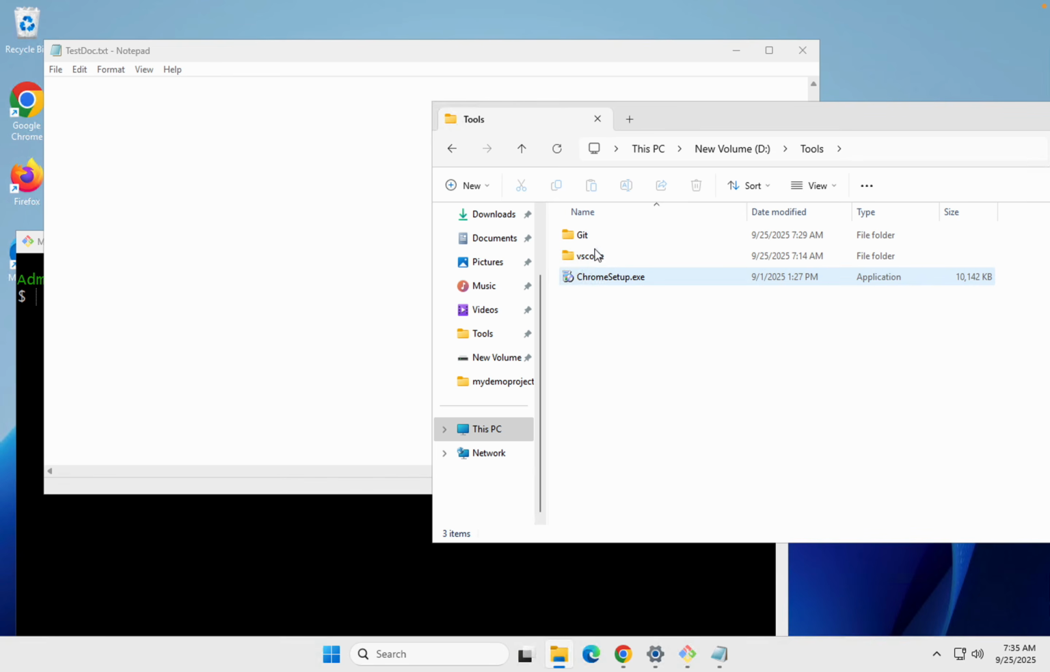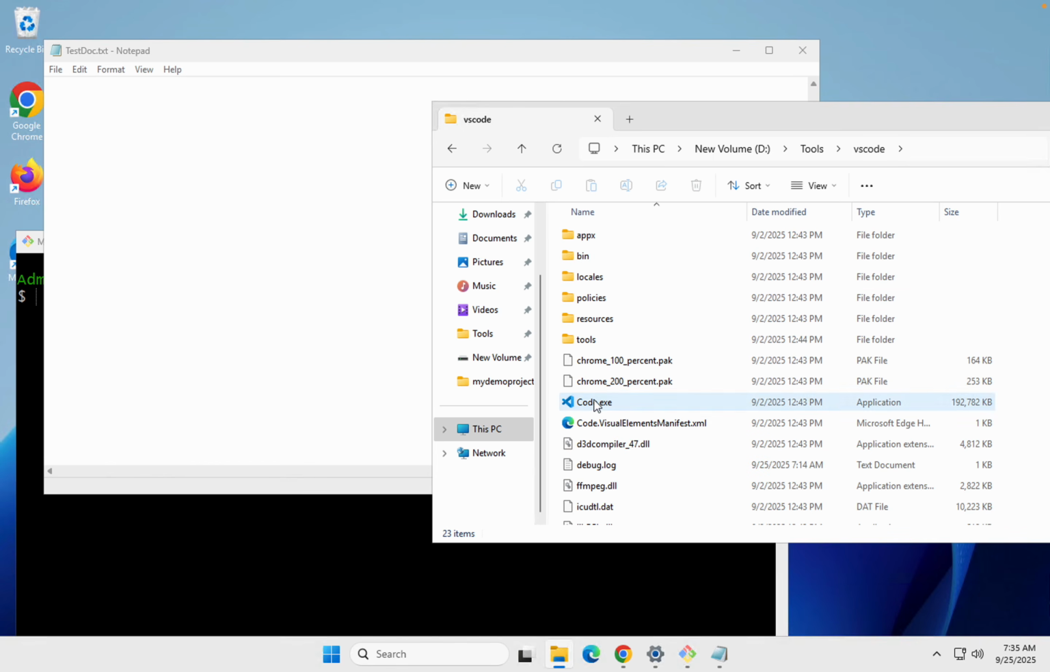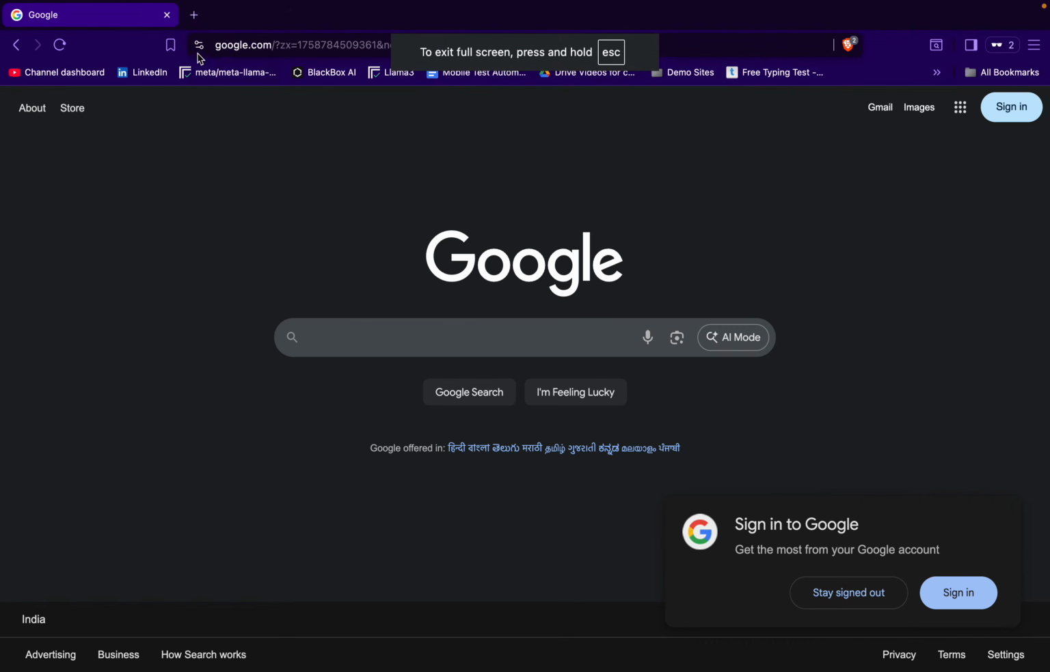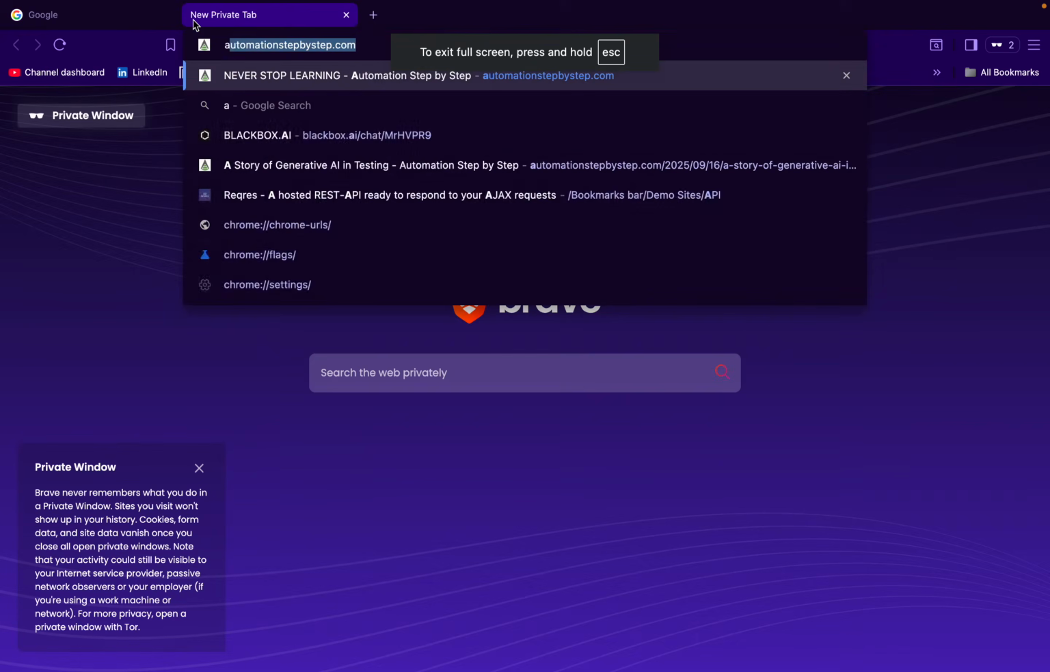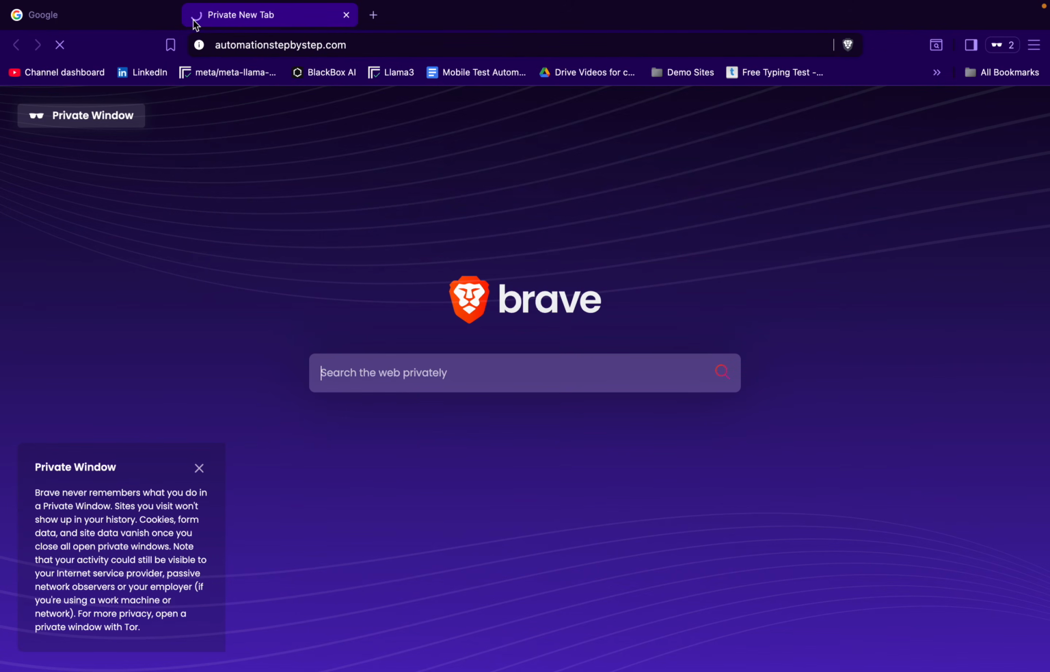tools folder, and you can see this is the unzipped folder, and if you go inside this you will find the VS Code application here. So just double click to start VS Code, and just in case you want any more details or if you